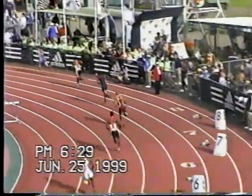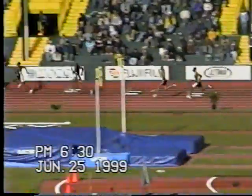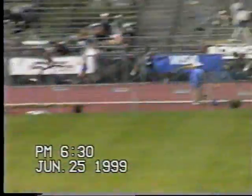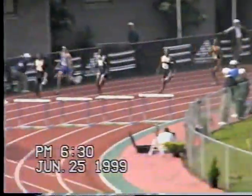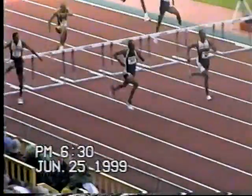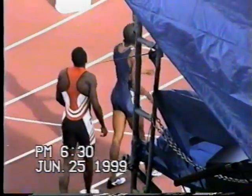From the inside, Young, Porter, Mann, Davis, Sanchez, Taylor, Zellner, and Allen. Calvin Davis out well. Kevin Young on the inside, running well. Calvin Davis. Calvin Davis, outside Zellner and